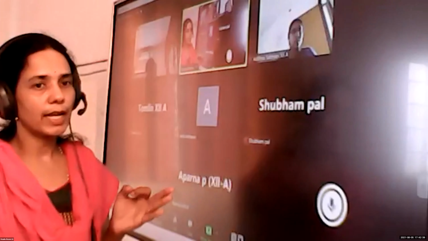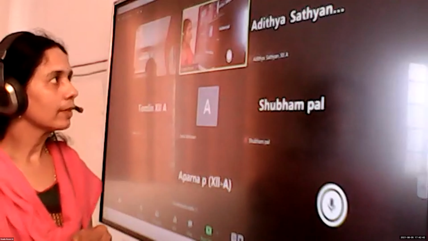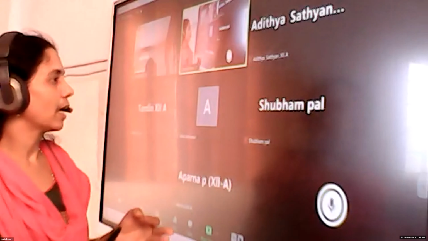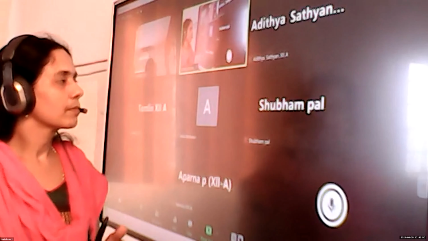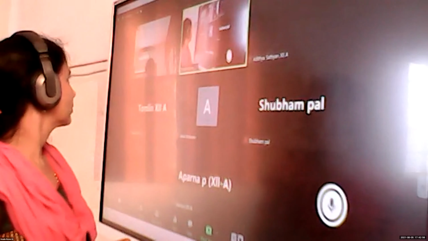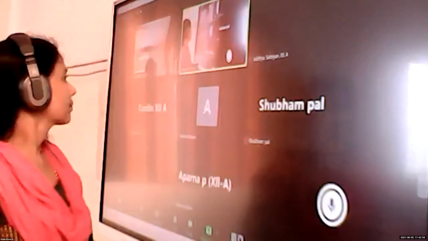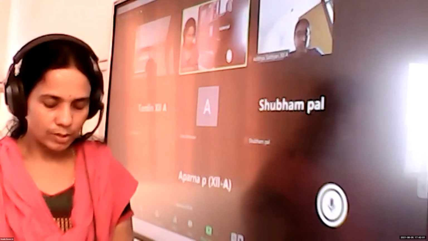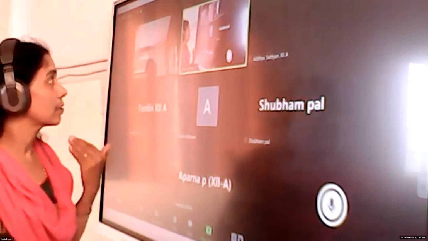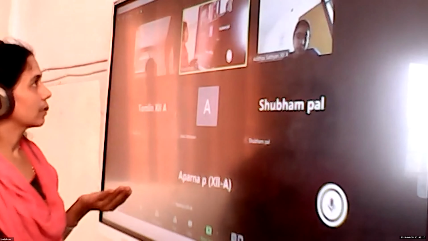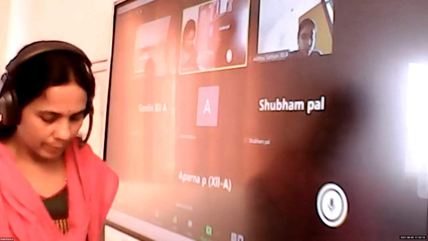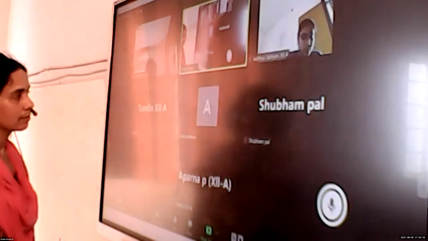Add the corresponding elements of the ith row with the multiplication. We multiply the corresponding elements of the jth row by k and we add. Ri gets Ri plus some constant into Rj. Is it clear? Is it okay, children? So now let us do some problems based on this. These are the three properties. Using these three properties, we can evaluate the determinants.